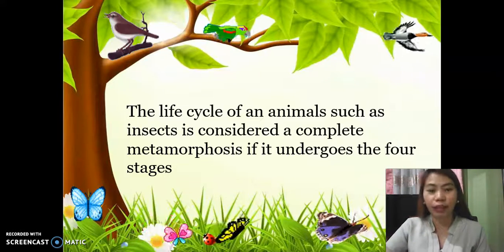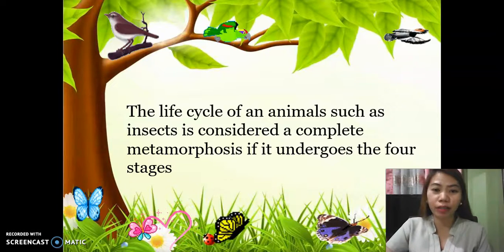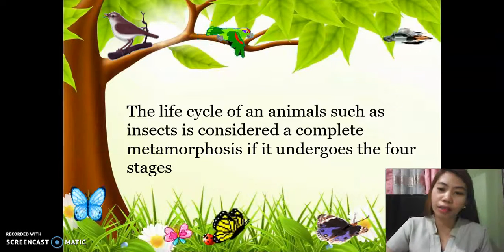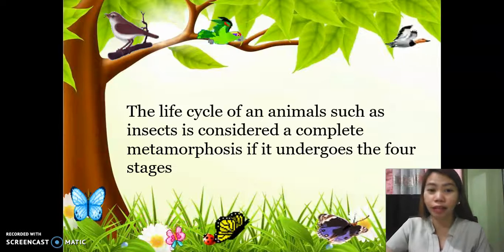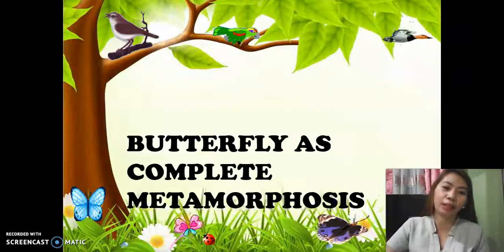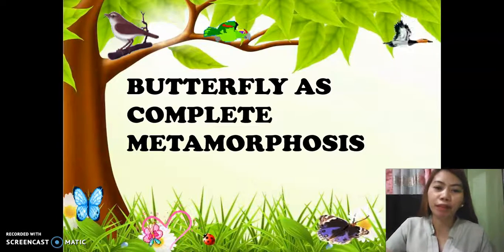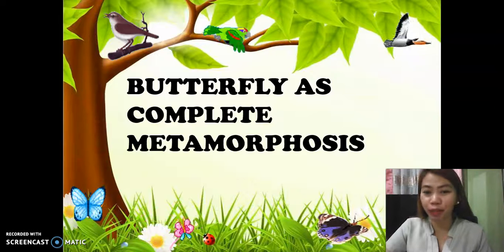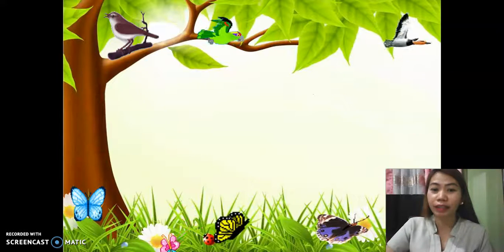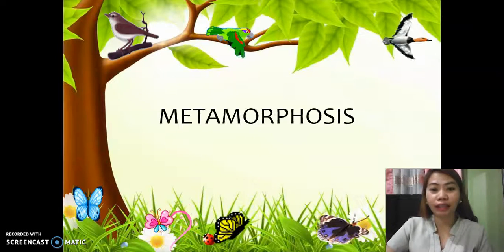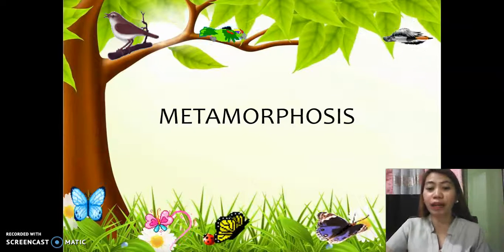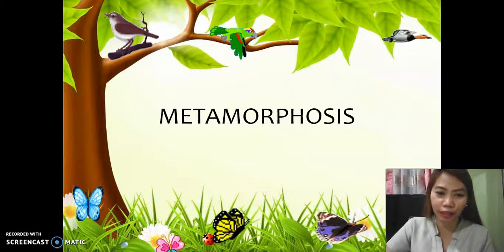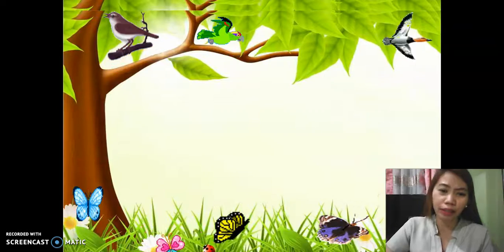So, let me see if the animal that we have chosen to study today will undergo four stages. Now, butterfly is a complete metamorphosis, okay? Since a butterfly is a complete metamorphosis, it will undergo four stages. When we say metamorphosis,